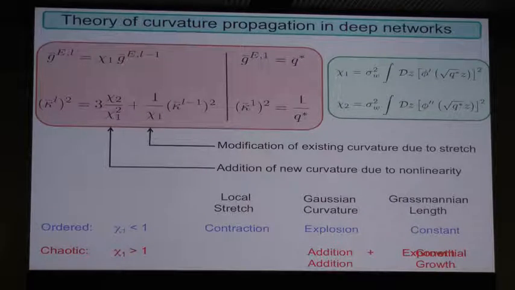The way we show that is, again, we derive analytical recursion relations from the propagation of Riemannian geometry, in particular extrinsic curvature through the network. And what we find is a leaky integrator of curvature. So this is the curvature that's present in layer L-1. And this is kind of the expansion factor. This expansion factor is bigger than 1 in the decorrelating regime because it locally expands space. And so clearly, if you expand space, you attenuate any existing curvature in the previous layer. However, you're also propagating through a nonlinearity, which itself introduces new curvature. It turns out that it introduces it additively.